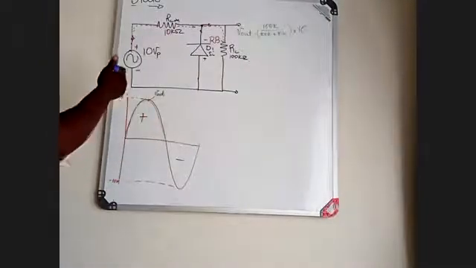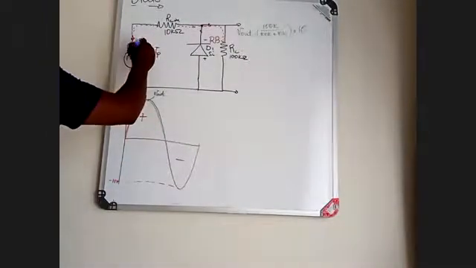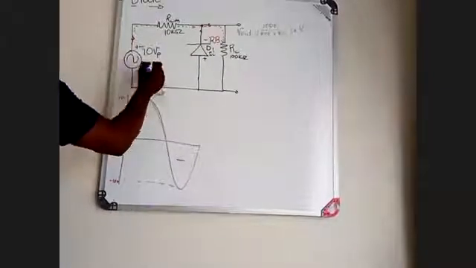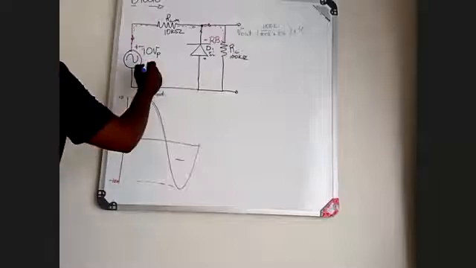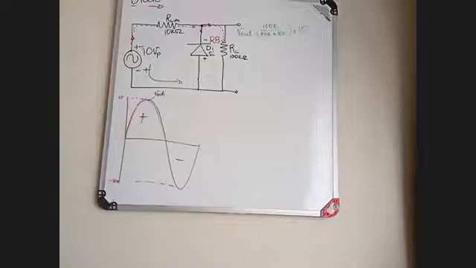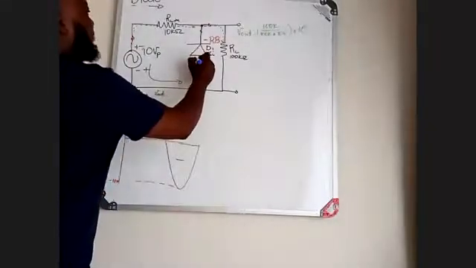When your polarity changes, here you will have more positive, more negative, more positive there, which means now your current is moving in that direction there. Now, if you have current moving in that direction, you will see that here you will have more positive